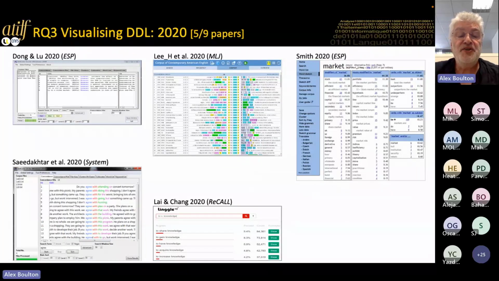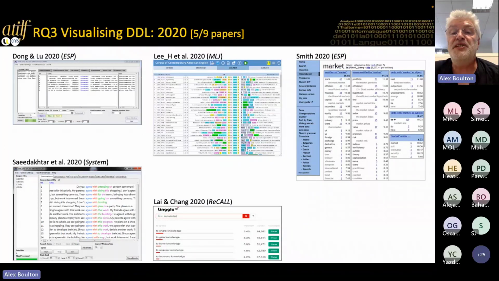Lian Chang is interesting, a tool called Lingual, which is very simple to use, and a bit like what we saw earlier for the Spanish case, to ask what verb do you use with knowledge. So you can see just frequencies, and if you click on it, then you can go further on, but they didn't include all of that as screenshots, but that's the type of thing students see there.